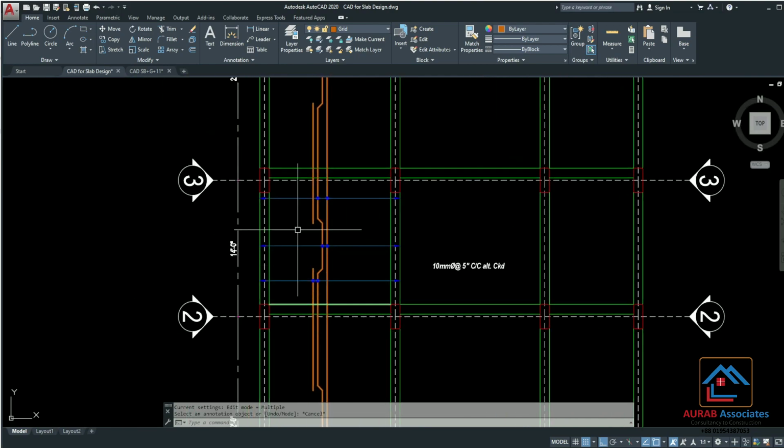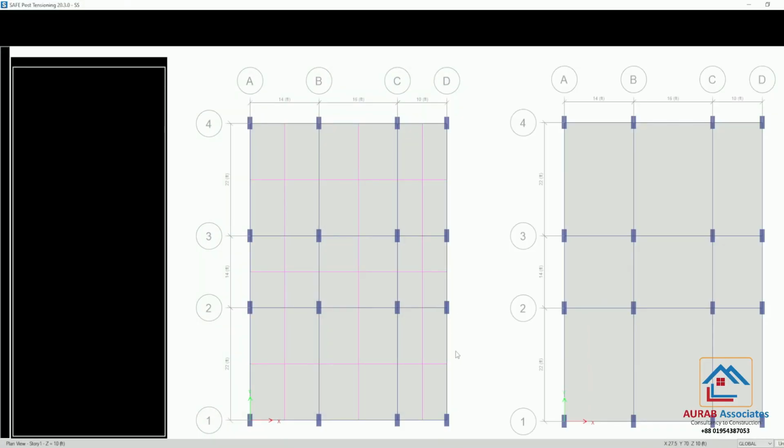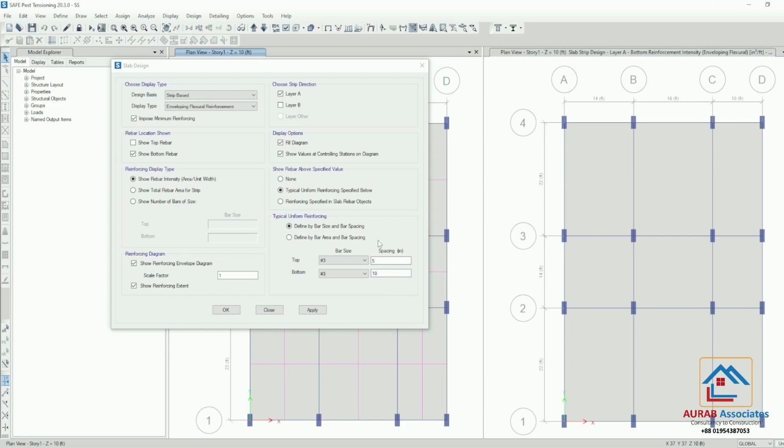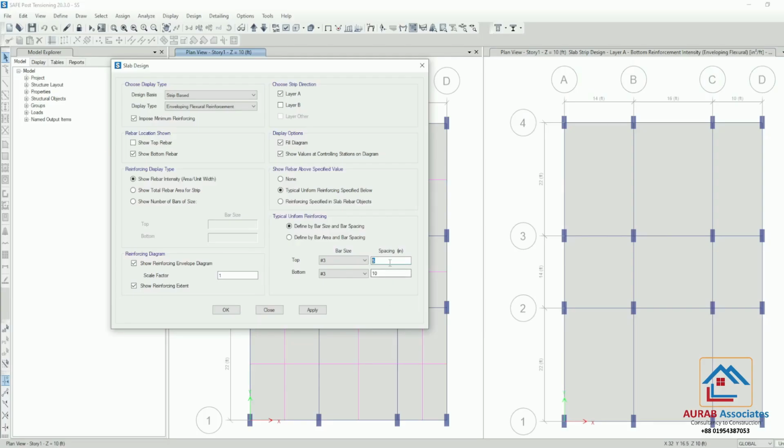Now go for the design of top rebar. Here we have already placed crank bar as top bar at the support zone. Now we have to take decision about the extra top bar. From SAFE you can see that required distance of top rebars at support zone is 5 inches. So if we provide 5 inches center to center alternate crank bar, in that case the spacing between two crank bars will be 10 inches, which is not satisfying our design requirement.